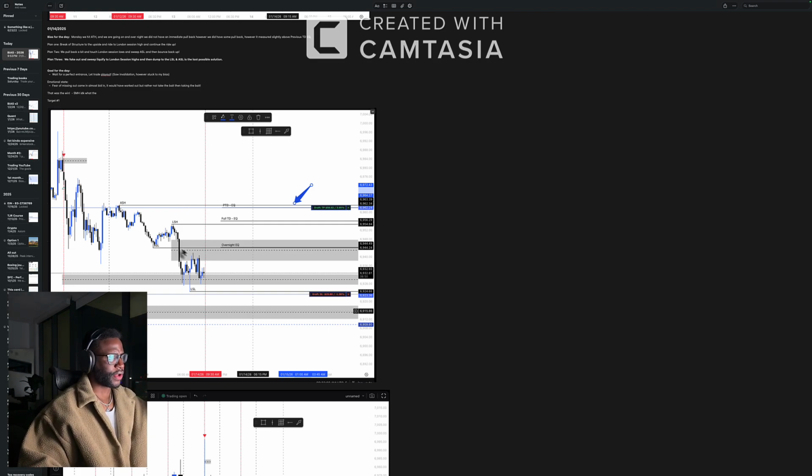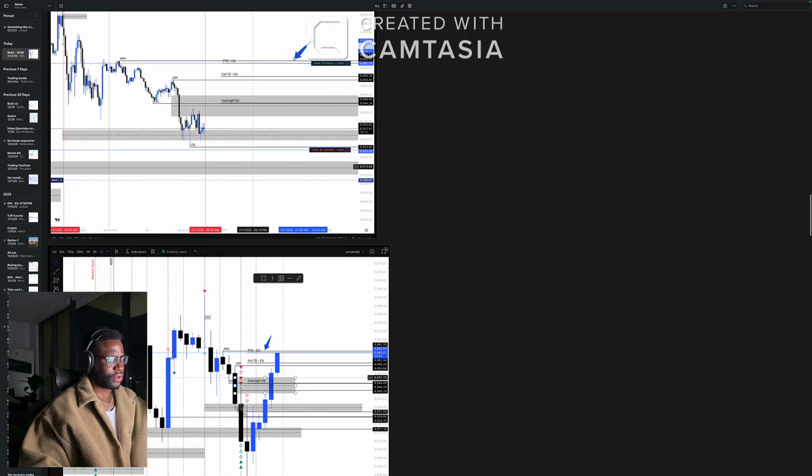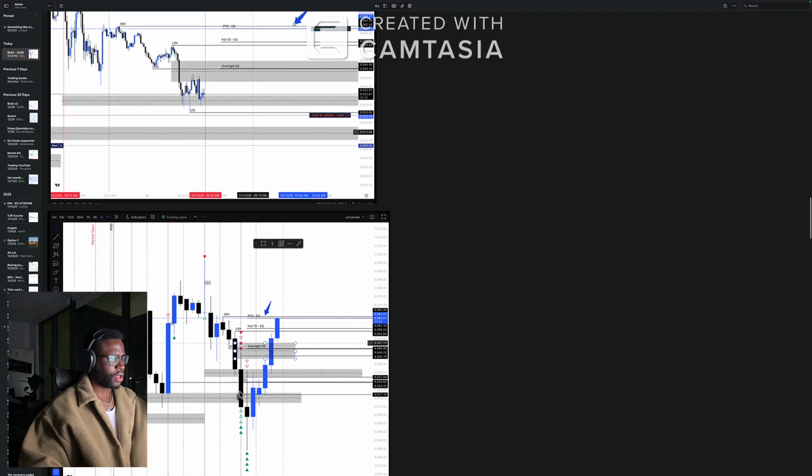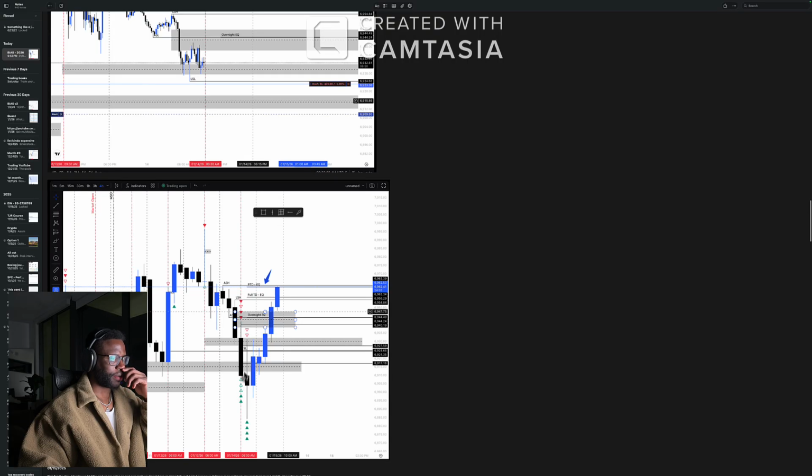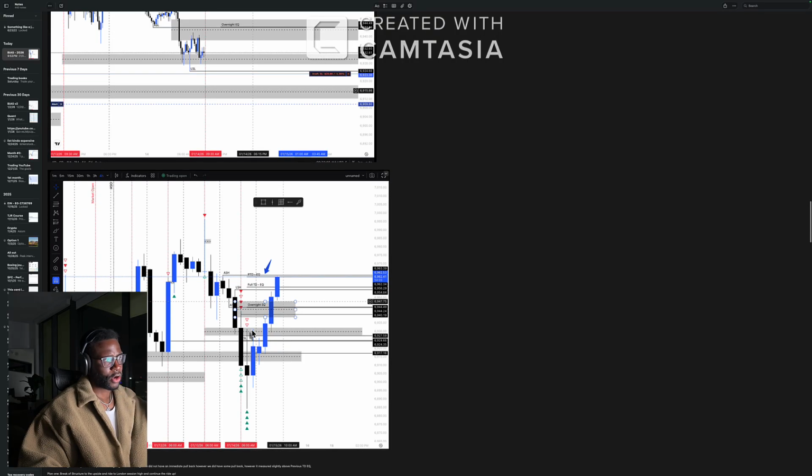This was a 1 hour fair value gap here, and of course we touched it one, two. I think we touched it one more time, and then we dumped to the downside. And then you can see here it got respected fully, right? And this is on the 4 hour as well. So we dumped. I wrote this all the way down. I wrote this down. It got back up, and I wrote it down again. So overall, it was a good trading day.